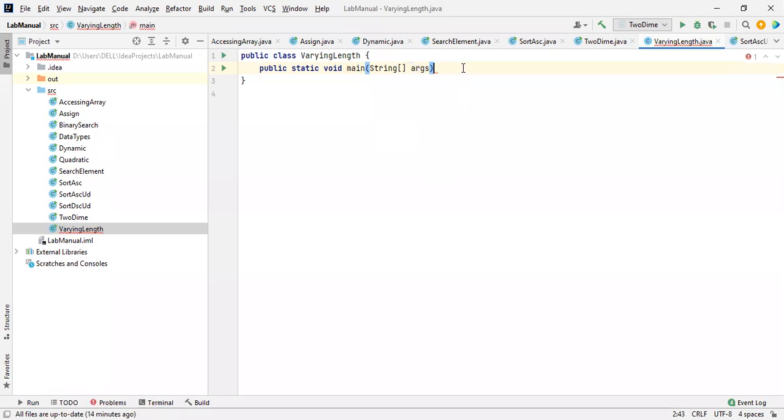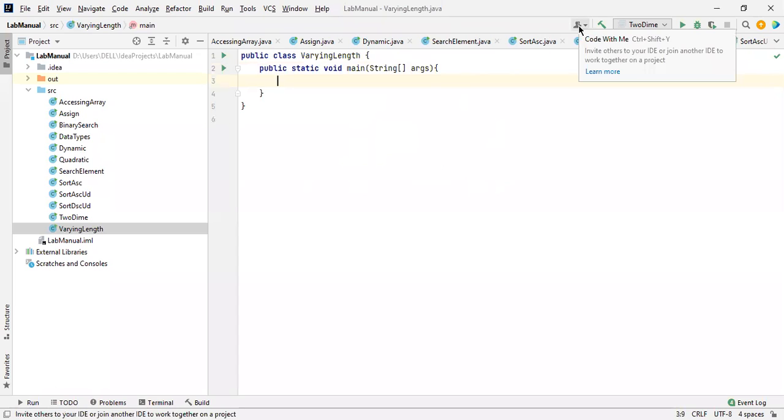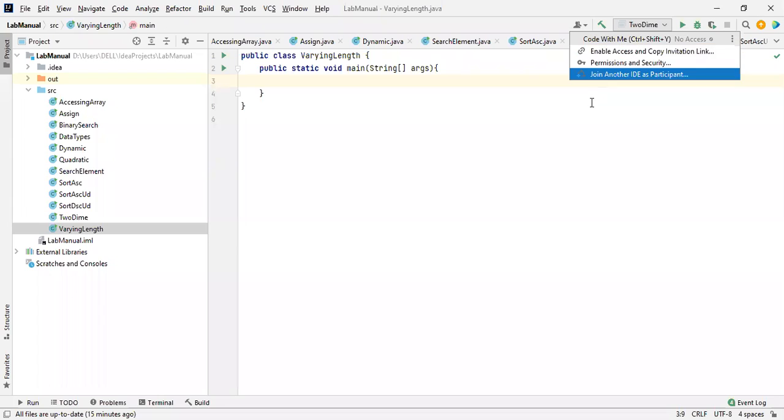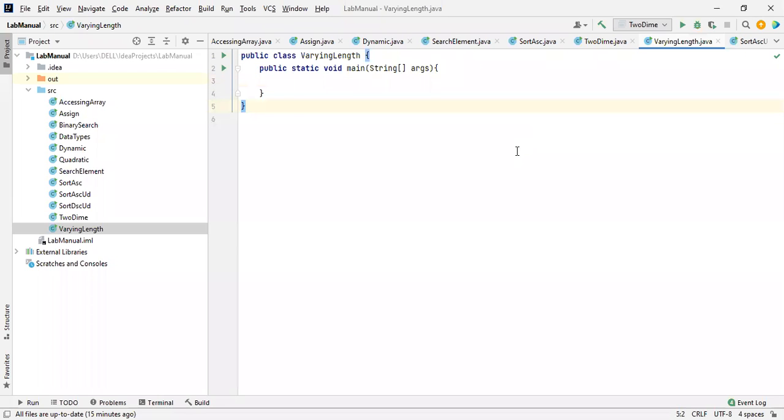I forgot to tell you one thing. This is a tool, IntelliJ. I already shared a link with you. What is the use of this? See this option over here, Code With Me. This is so we can work together if there are many people. I think we have 70 students or 100 students in our class.